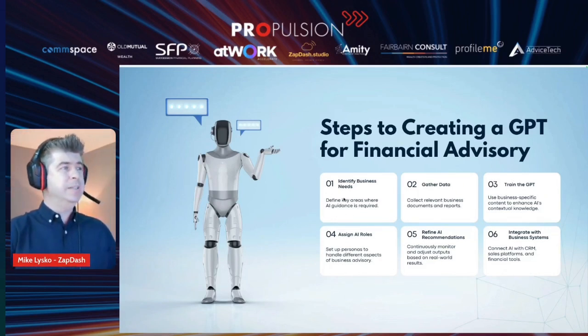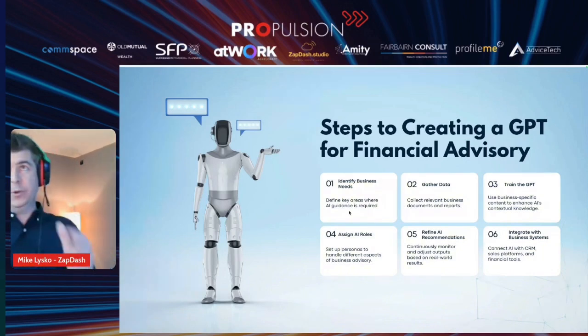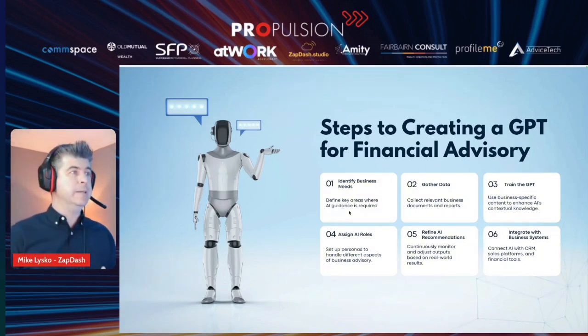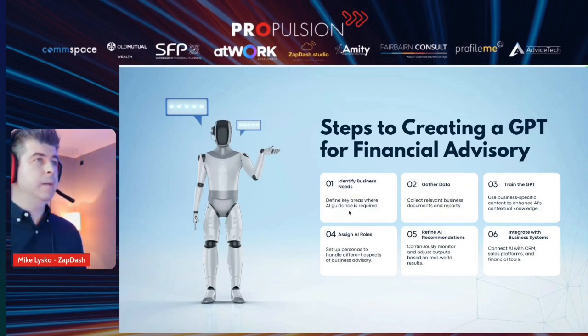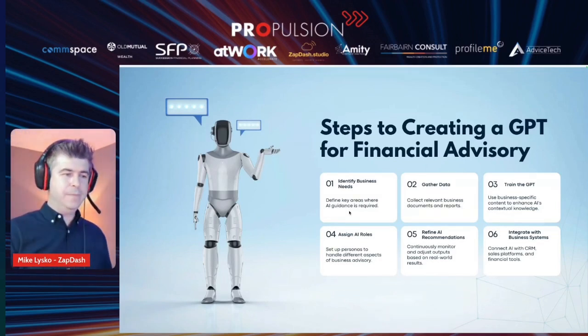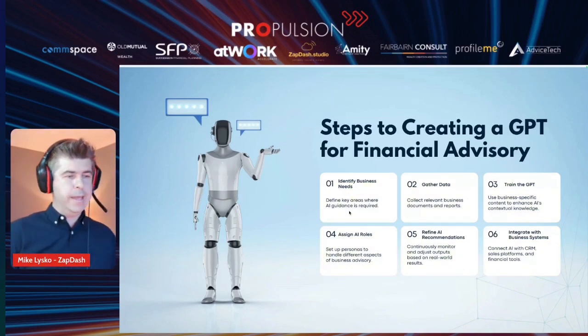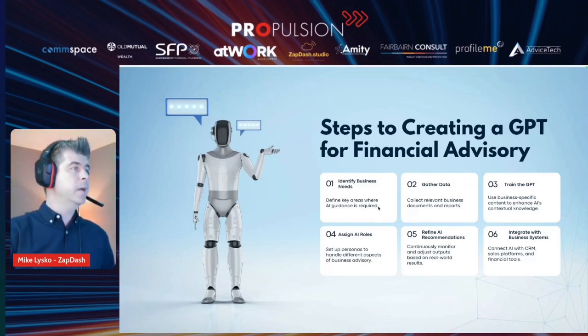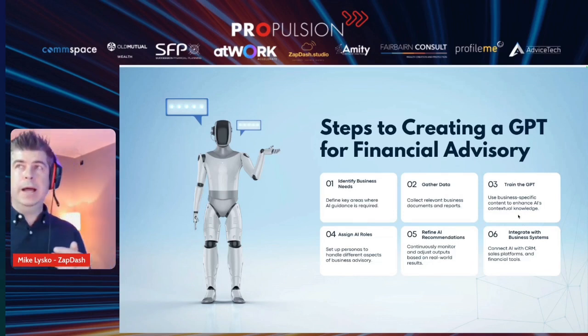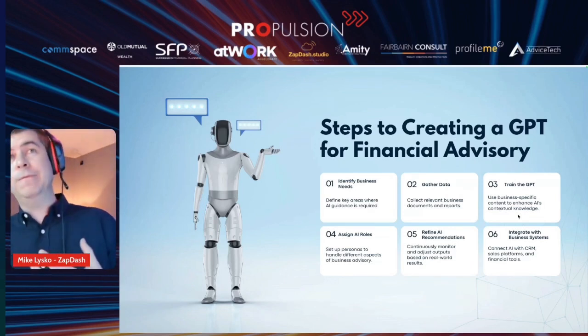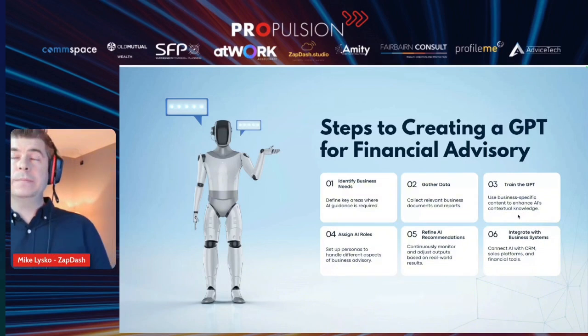Then really sit down with ChatGPT and identify your business needs. Prompt it before you start building these board members and GPTs. Where do you need guidance in your business? It's great to have board members that are real life human beings. So never just count on the AI board members, but always look at, maybe there's a board member you can't approach. Maybe there's a role that you can essentially assign to this GPT that will help. Gather the data that's needed, and then start training the GPT. Interact with it. I use the AI advisory board for myself.